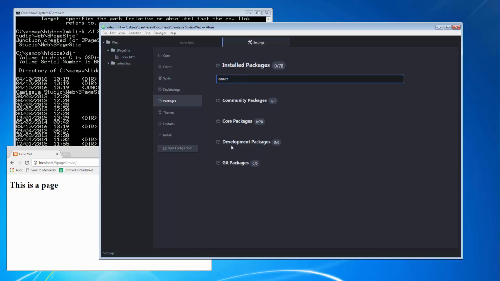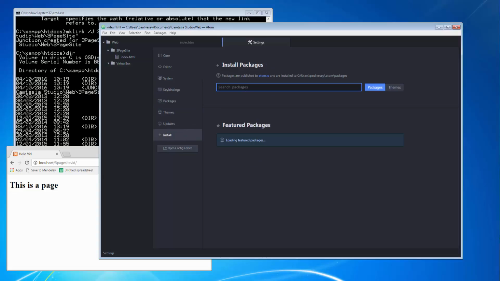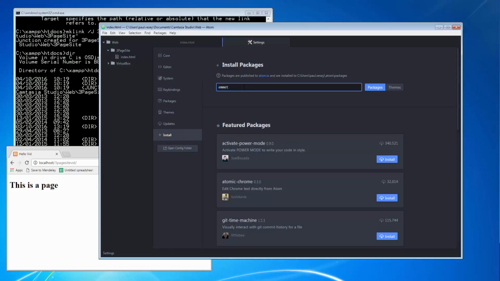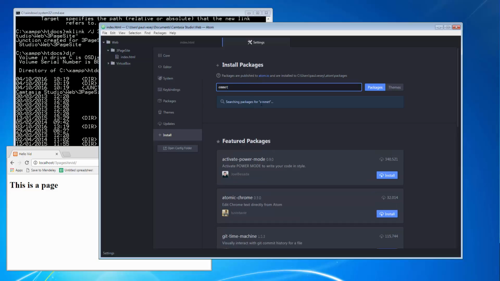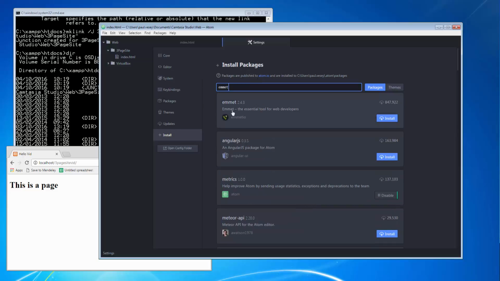That's not installed. Let's see. So we'll go to the install button instead, maybe. E-M-M-E-T. And let's see. So it's searching for Emmet. There it is, Emmet, the essential tool for web developers, and you click on the install button there and it'll go to work. So it'll take a little bit of time for that to download and install, but